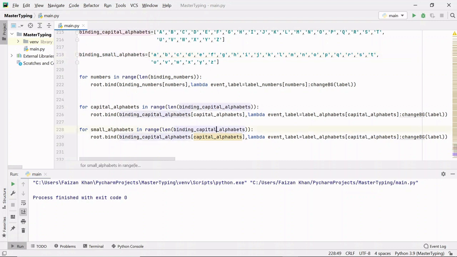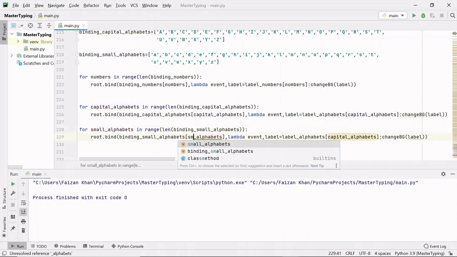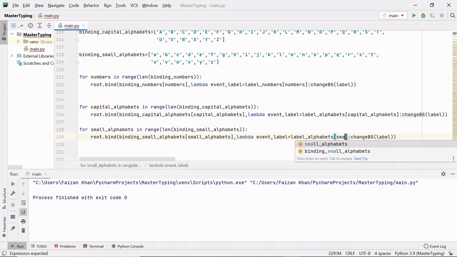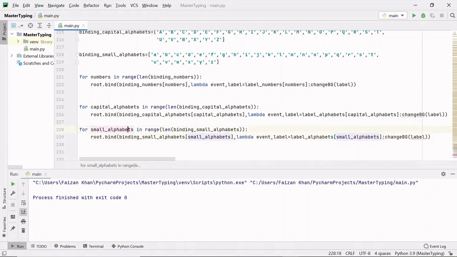So for simplicity, let's change it to binding small alphabets, and this binding capital alphabets variable will change to binding small alphabets, and here this variable will be passed instead of this capital alphabet, so I'll change it to small alphabets, and here instead of this capital alphabets this one will be small alphabets, this variable, and everything else will remain same. Let's see.